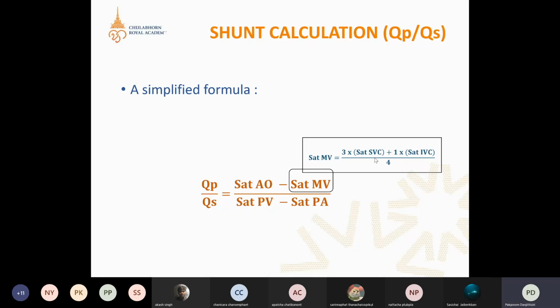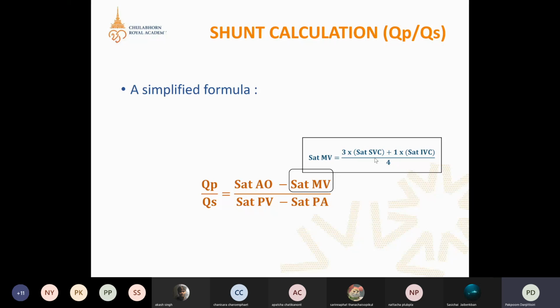How can you get the oxygen saturation from the pulmonary vein? Because the doctor does not approach the catheter inside the pulmonary vein, for sure, right? But in the real lab, the doctor will use the oxygen saturation from the aorta or the alveoli, just like the oxygen from the left side of the heart, because we can assume